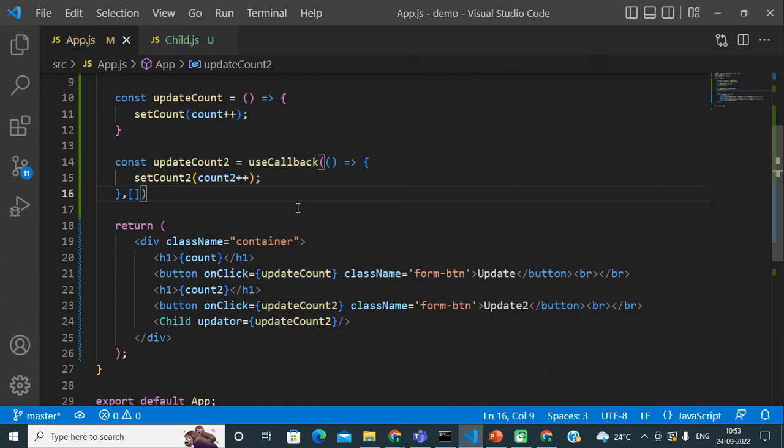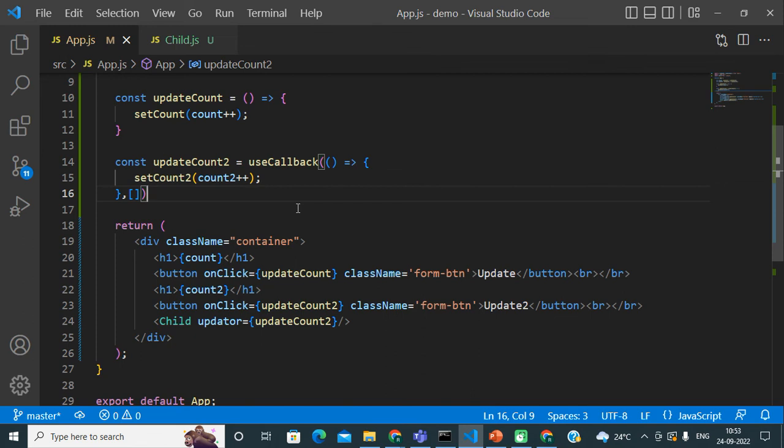Now, friends, you can see this is an empty array. So what is the use of the empty array? This array is again useful: we can re-render our child component depending on a specific condition.